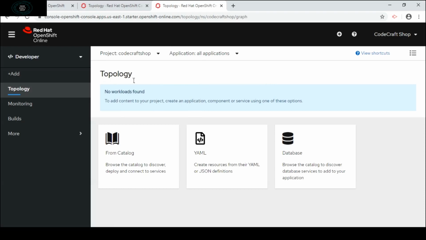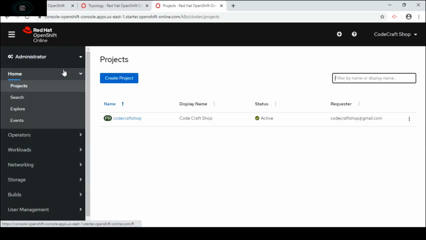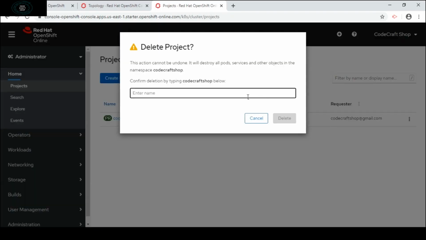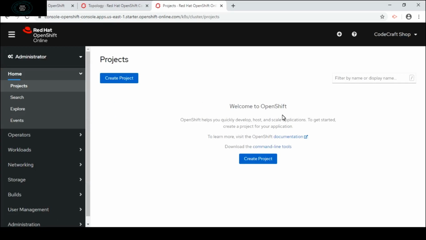Now we will create the project using administrator mode. In administrator mode, I have the permissions to either create or delete the project. First of all, let me delete the project so that I can recreate it. I have deleted the project, and I am in the administrator mode, where I will find two options, this button and this button.